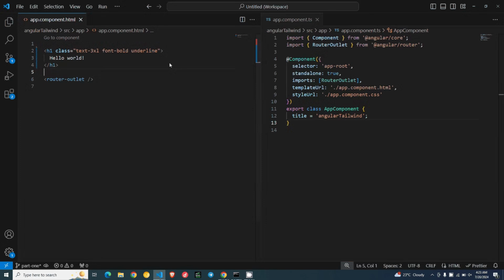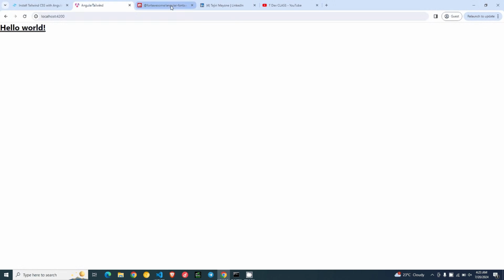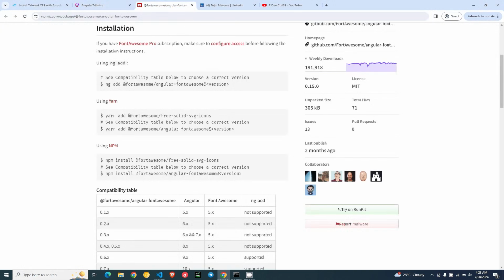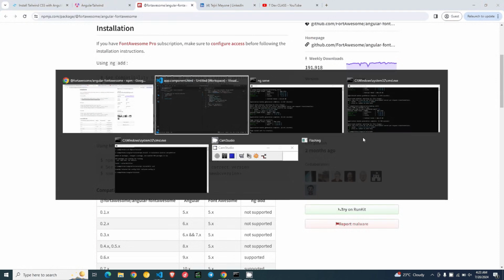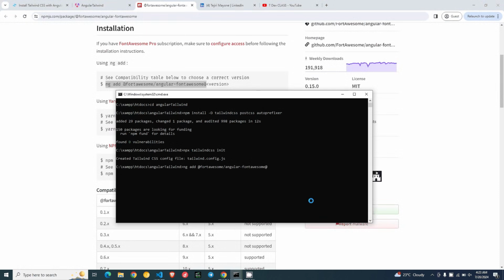So now down to the main process of why you are here. Before we go further, we'll need two other packages. The first package we'll be needing from npm is Font Awesome. Font Awesome helps to manage our fonts, and that is what I'll be installing. Okay, so this is the window. Font Awesome